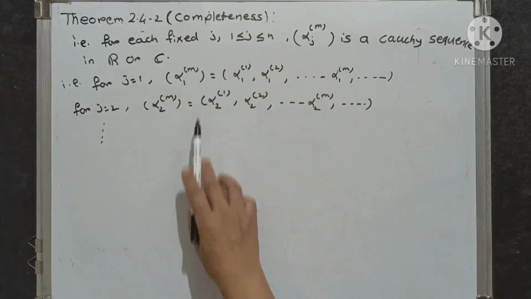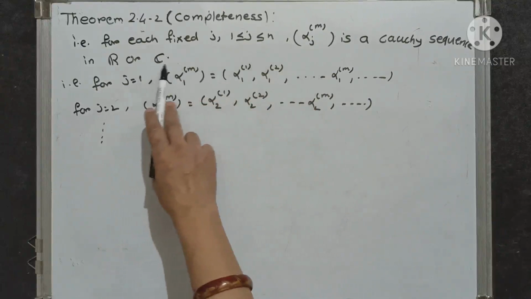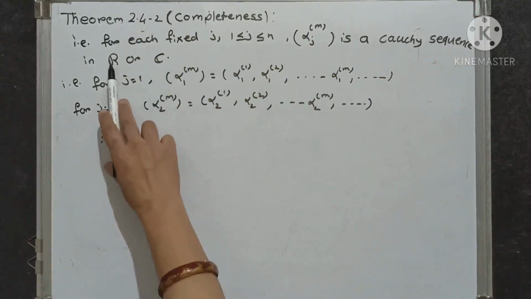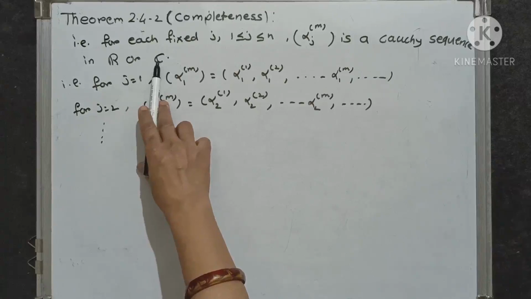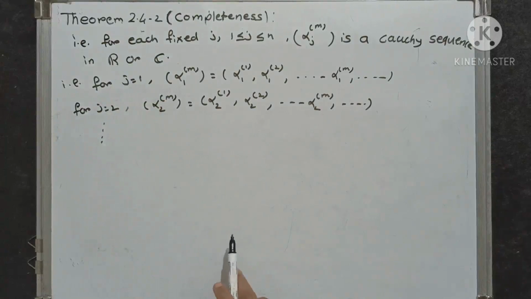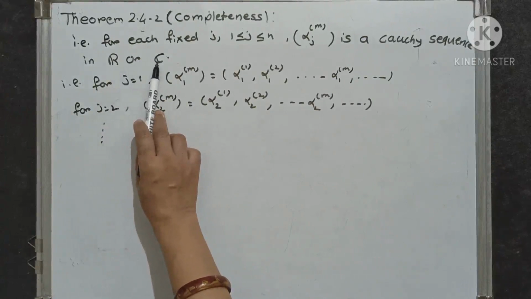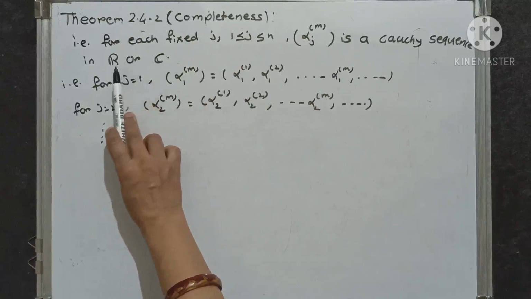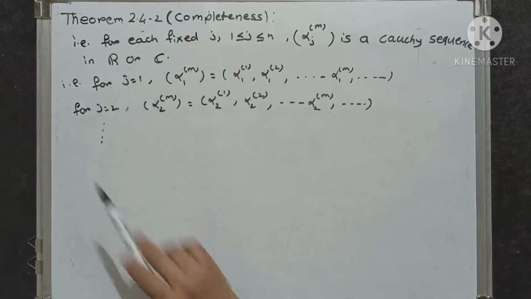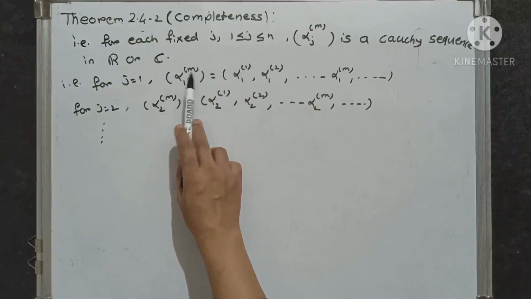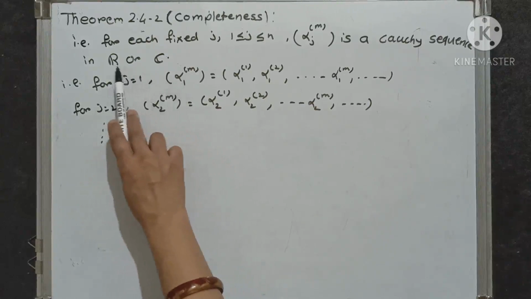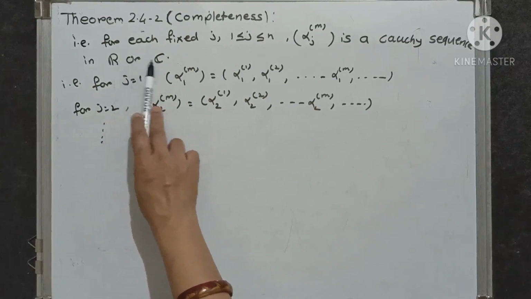As these are Cauchy sequences in R or C, and we know that the set of real numbers R, as well as the space of complex numbers C, both are complete. As these are complete, every Cauchy sequence in R or C converges in R or C respectively. Therefore the sequence alpha 1m, being a Cauchy sequence in R or C, and both being complete,